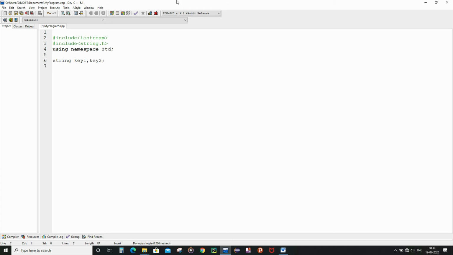These two variables are string variables, key1 and key2, and I am going to declare them as global variables, and now we are going to declare the 2D character matrices or arrays.